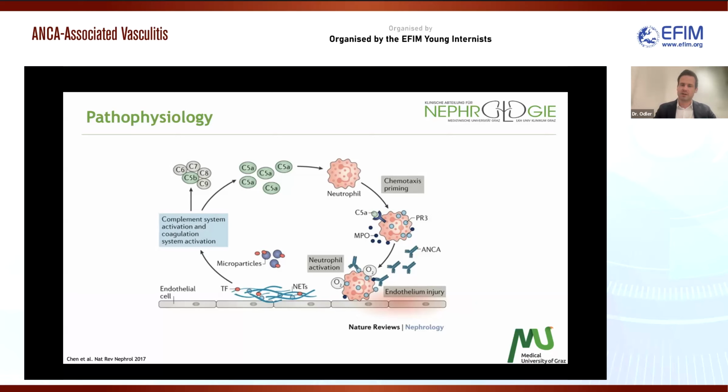Because I think if you understand these two components of the pathophysiology, then you will be able to better understand the cure and treatment approaches that we use in daily clinical practice. So if we are talking about ANCA antibodies, then we can say that ANCA binding to these antigens, to proteinase 3 and MPO, so myeloperoxidase, on the cell surface results in neutrophil activation and release of different factors